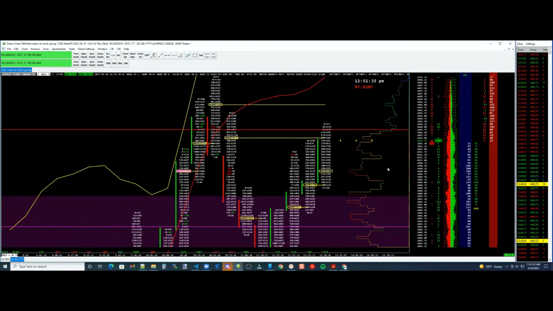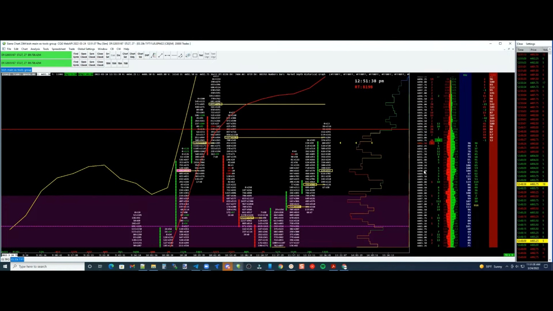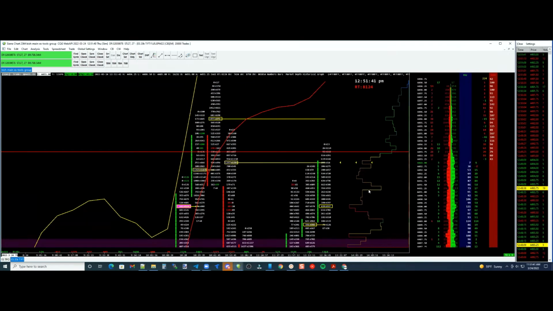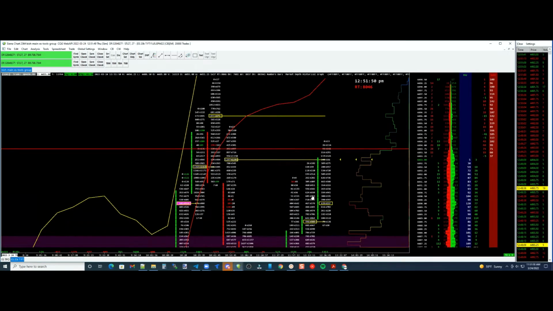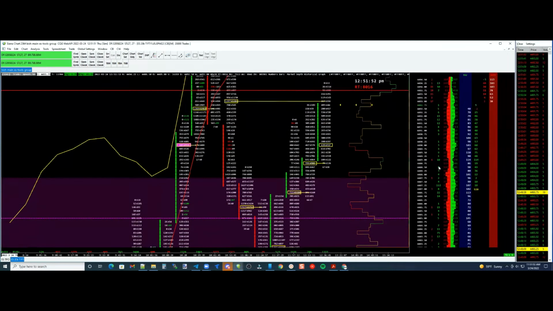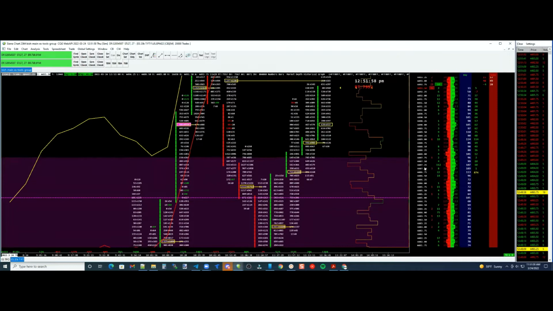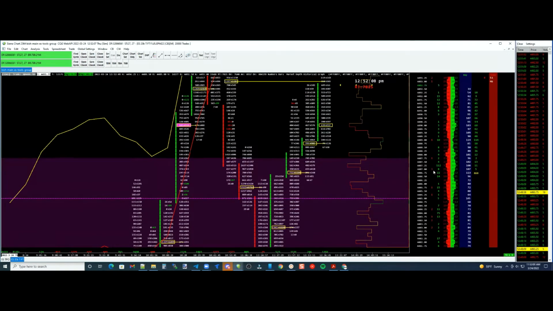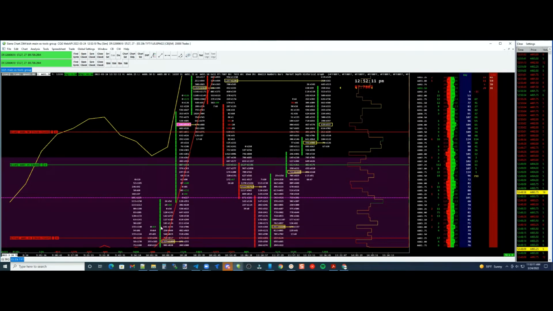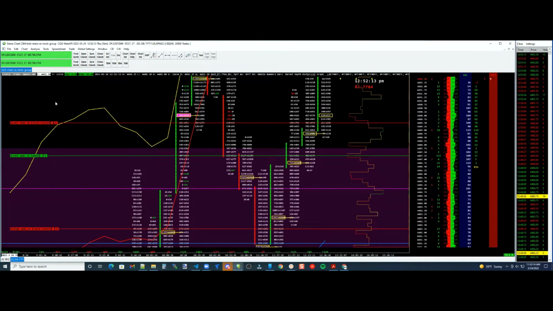All right. So, but if I wanted to, I could come in here and yes, they are configurable. I could come in here and I could trade specifically off of this. So if I wanted to get longs, let's say, and this is my particular setup, let's say that down here, 112 bought 87.25 the last time we were here. And I know that if the price moves back down into this area, we have bar pockets that were supporting buyers. So for me, if I want to come in here and put an order down here, I could say, all right, look, for this particular trade setup, which is based on my trade window,